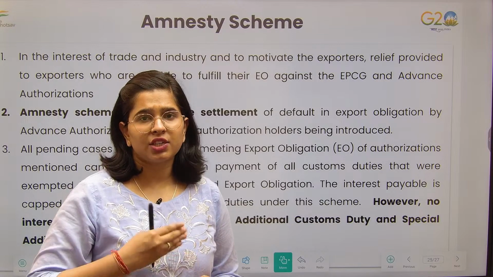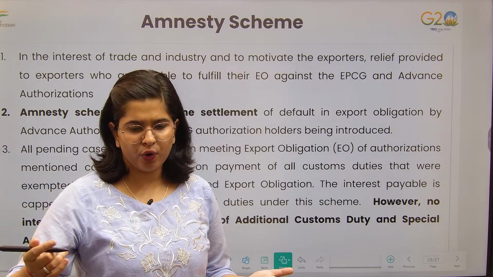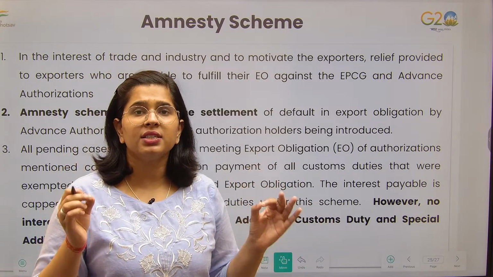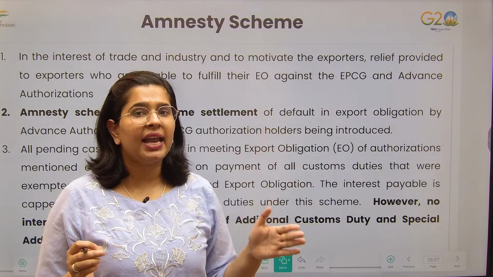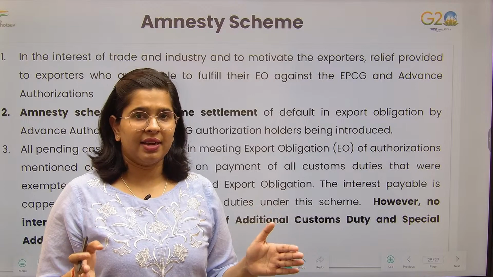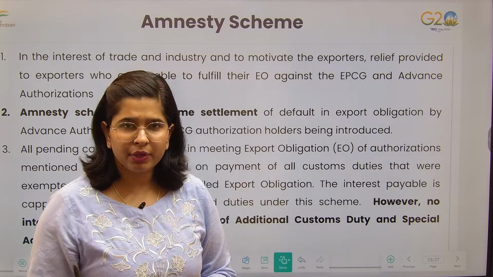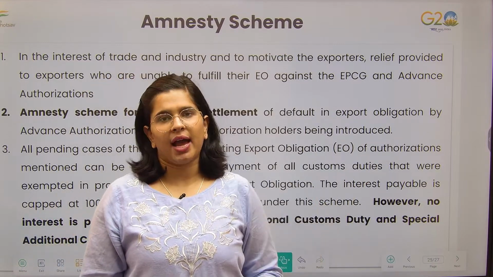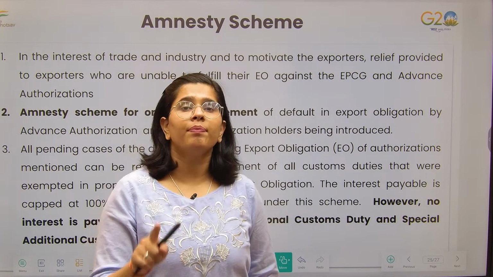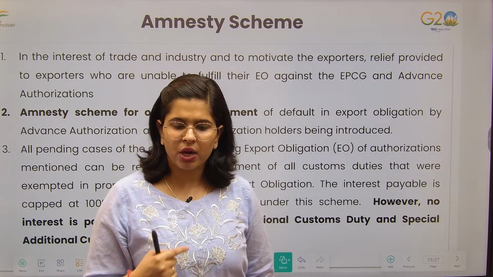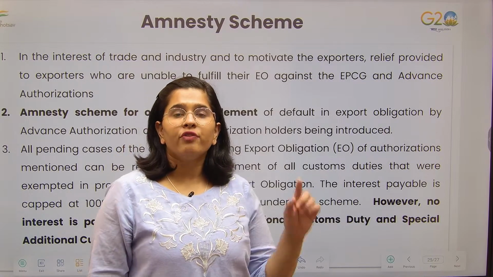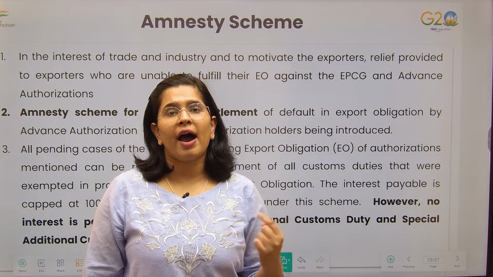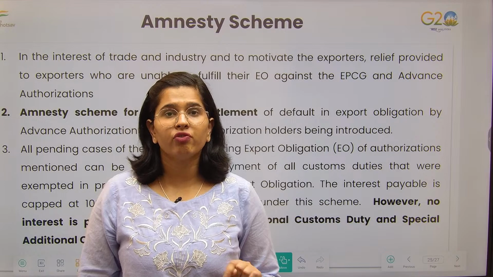And if you have not done so for a long period of time, suppose you had the export obligation for 6 years, that means you used government's funds. That means the waiver that government has given for a 6 year period, and even after that you were not able to fulfill your export obligation. So first of all, government will say, give us our duty back, whatever you have saved. Apart from that, government is going to say, we are going to charge interest as well. You have used our money for 6 years, that is your obligation period, correct? And now you have to give that money along with the interest.